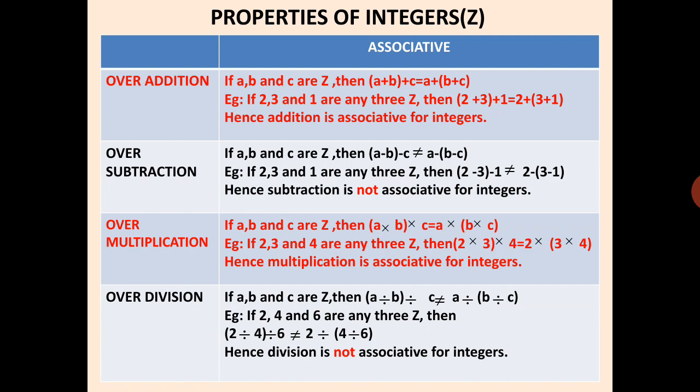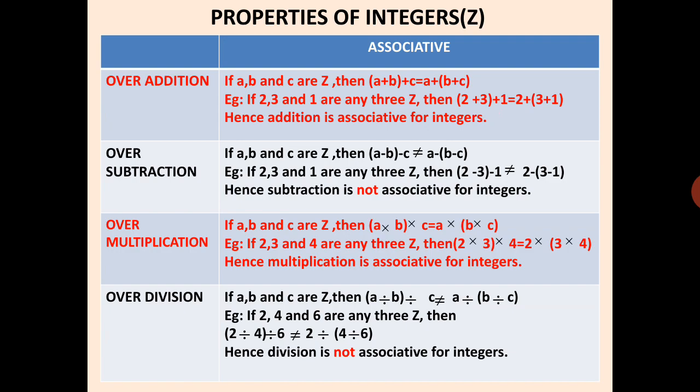One more property, that is associative property. Associative property is always considered for 3. Minimum, you'll have 3 integers at a time. When we are talking about 3 integers at a time, it is associative. Again, it is related to the order of addition, multiplication, whatever we are talking about.